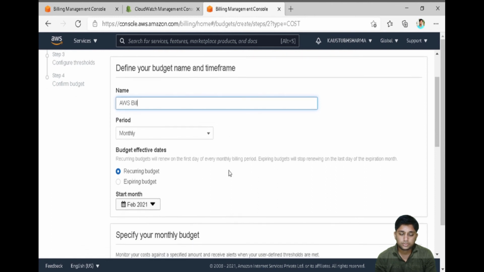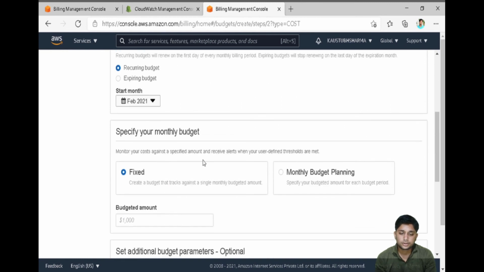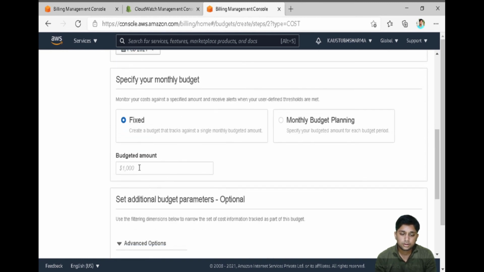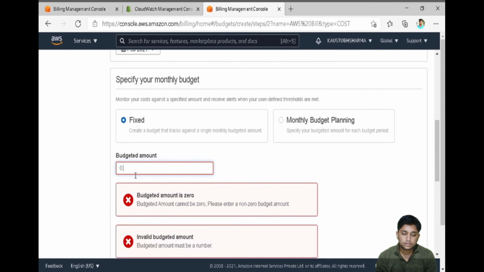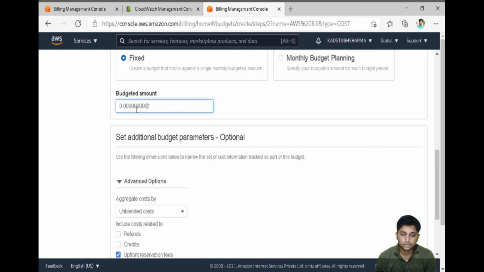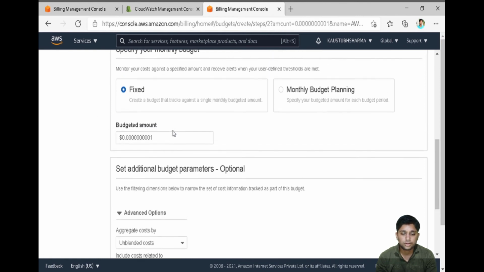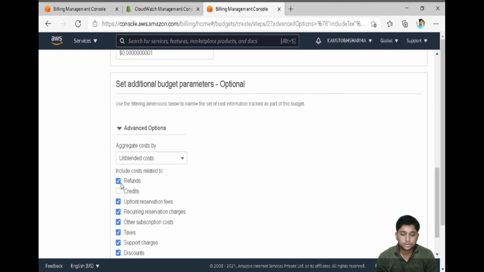AWS Budgets also helps you to quickly set up the billing alarms. So here you can see you can't put 0, that's why we first used the CloudWatch alarm. So here we can put 0.000001. You can put any amount, but you can't put 0. So check on all the options.